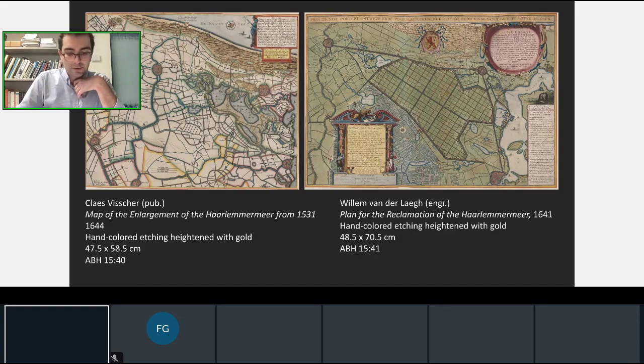Another set, also added by van der Hem, shows a similar before and after sequence, but with a slight twist. The print on the left shows the progressive encroachment of the Haarlemmermeer within the interior of Holland from the 16th century to about 1640. The print on the right shows the reclamation of the Haarlemmermeer. Unlike the Beemster, however, the Haarlemmermeer was not successfully drained until the 19th century. Although this pair suggests a before and after of a completed undertaking, it is instead an image of a proposal